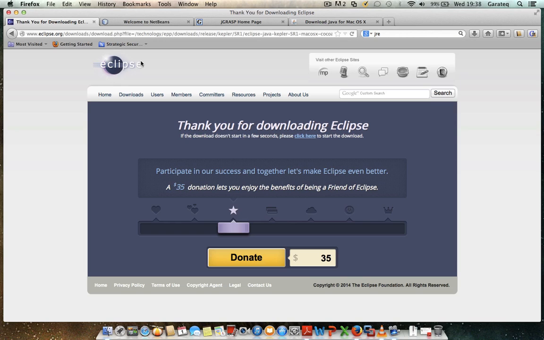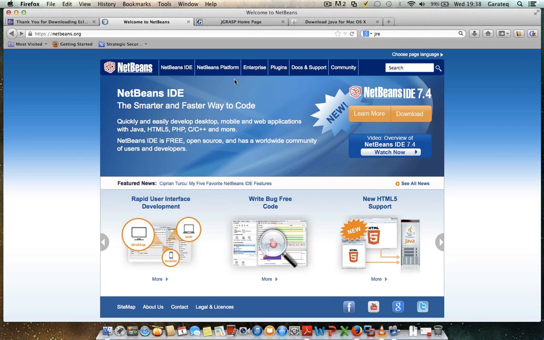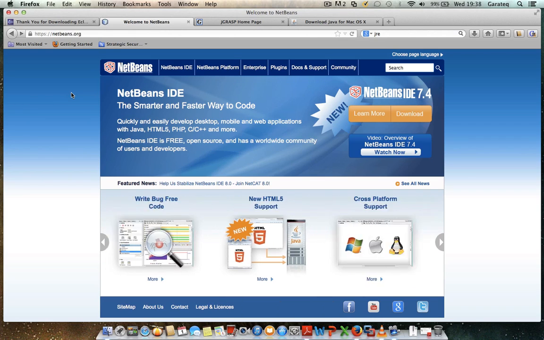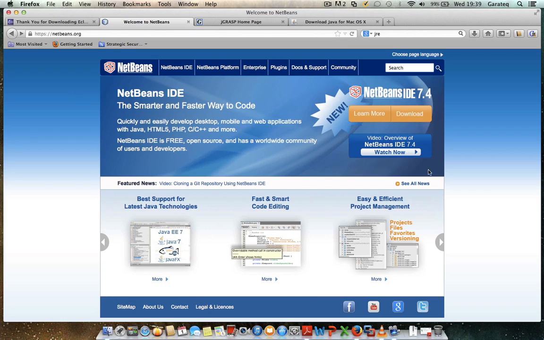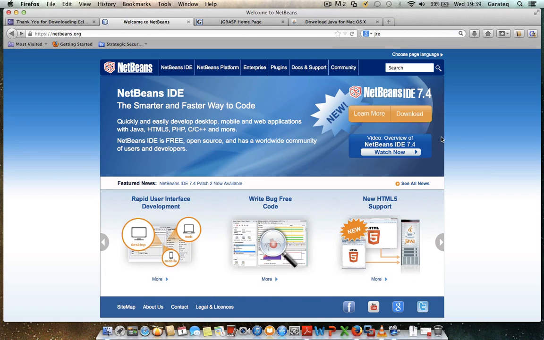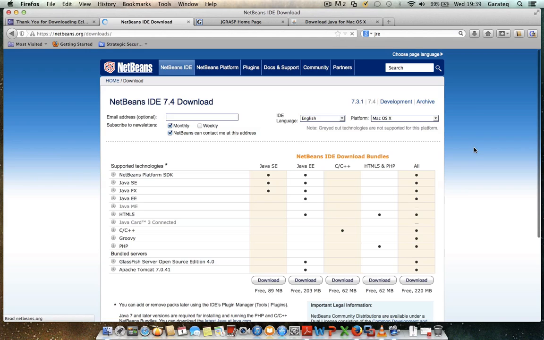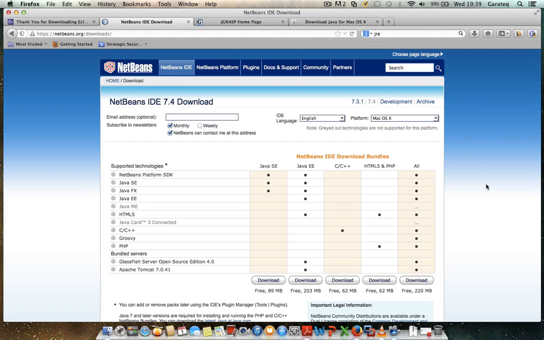The second one that we have is NetBeans, and it's actually built by Oracle, which is the owner of Java too. Eclipse is really nice, the reason why I like it, because it has more than, I meant NetBeans. It has more than Eclipse, and once you get your hand down on the programming, you can